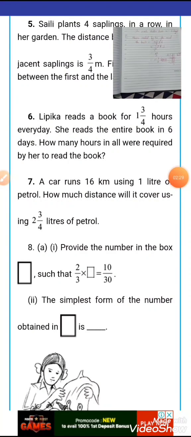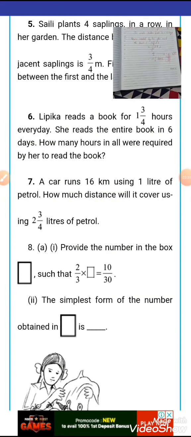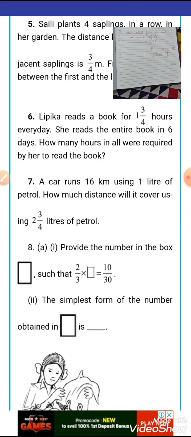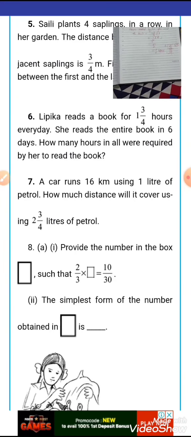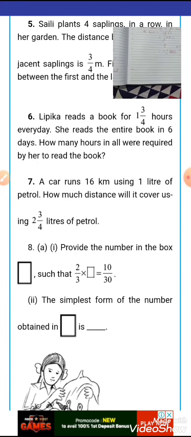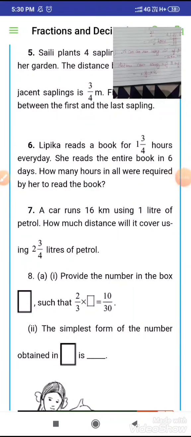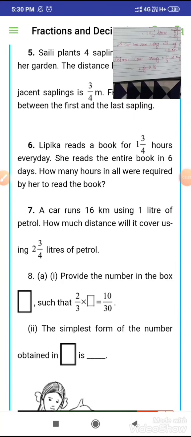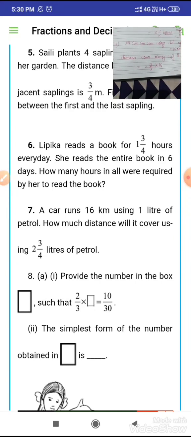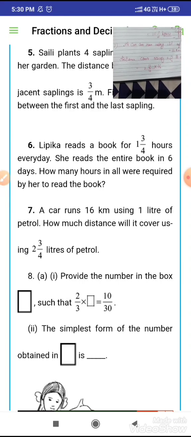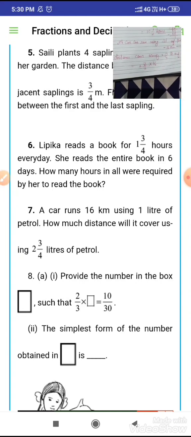Next question is question number 7, and in question number 7 it is given that a car runs 16 km using 1 liter of petrol. How much distance will it cover using 2 whole 3 upon 4 liter of petrol? For solving this question, first we write a car can run using 1 liter of petrol is equal to 16 km. Then we write distance covered using 2 whole 3 upon 4 liter of petrol is equal to